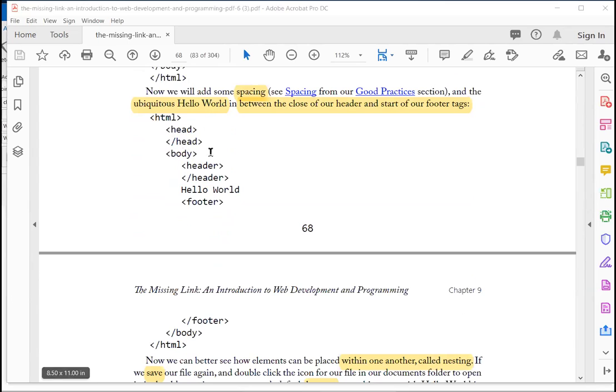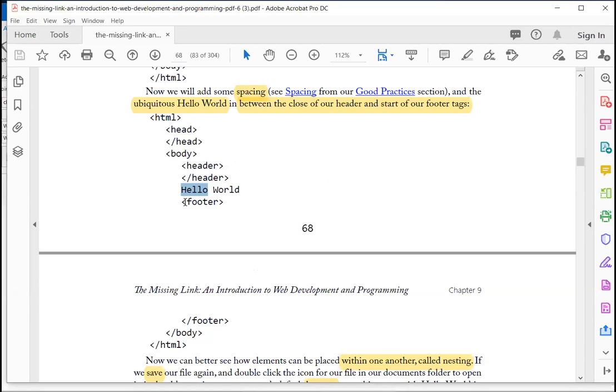So here's HTML, here's your head, your body, header, and footer. And you can even add more spacing just so that it's even easier to read. It really just depends on you. Of course, there's things that are common, so indentations are good. But if it were me, I would probably even separate this content, hello world, a little bit more to show that, well, this is the main part of the web page. But it's up to you. Even this would be fine, but